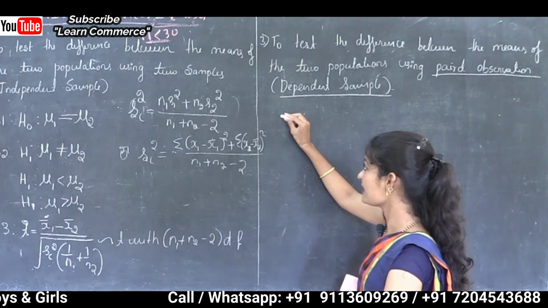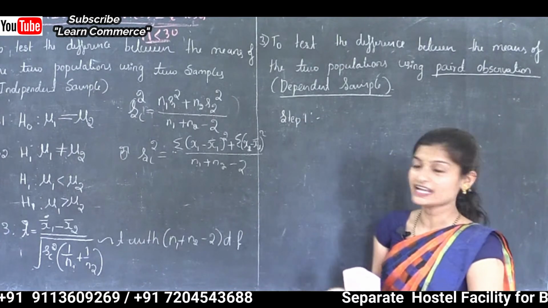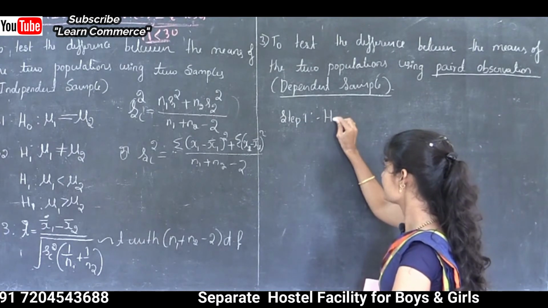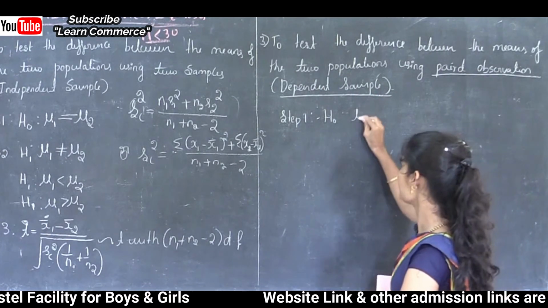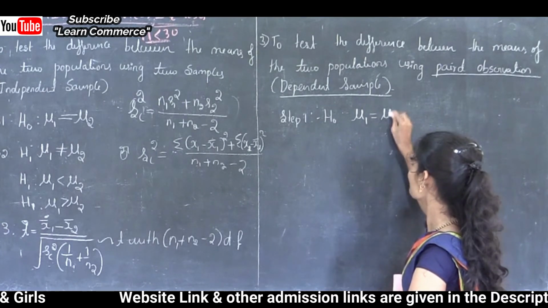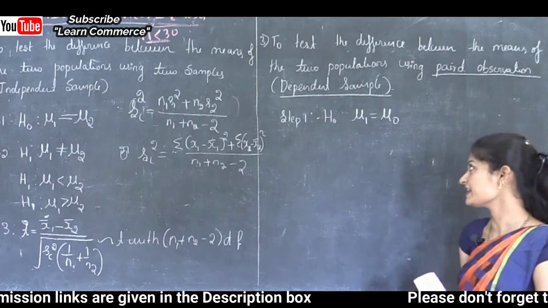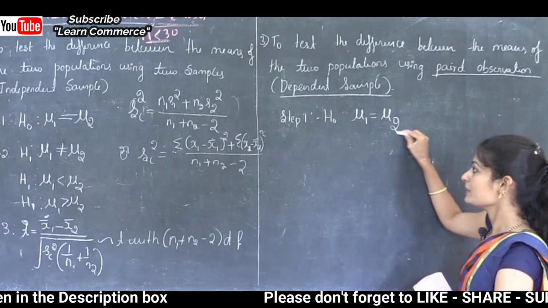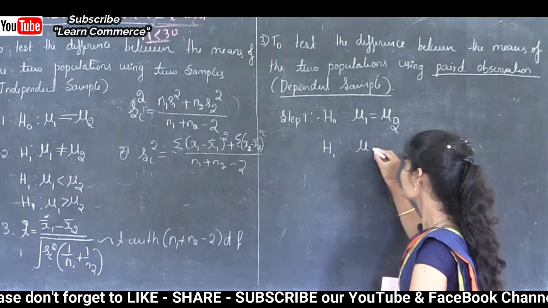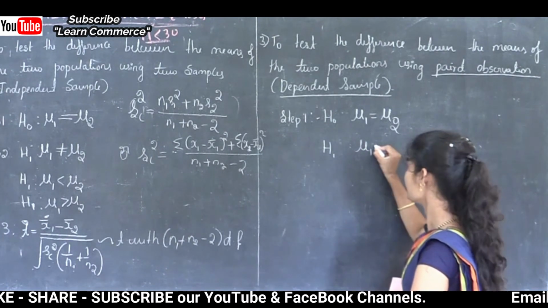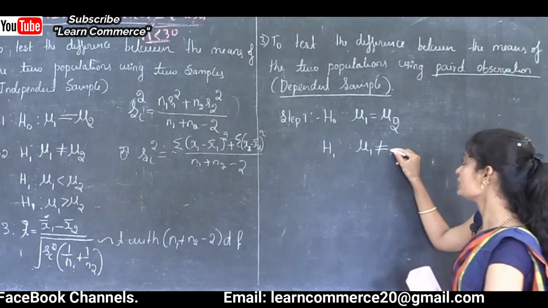In the test procedure, step 1 is setting up the null hypothesis, that is H naught. This concerns the means of two populations, in the sense that we can say the means are equal. In the null hypothesis, we say means of two populations are equal, that is mu1 is equal to mu2. Then what are the alternative hypotheses? We can say the means of two populations are not equal, that is mu1 not equal to mu2,